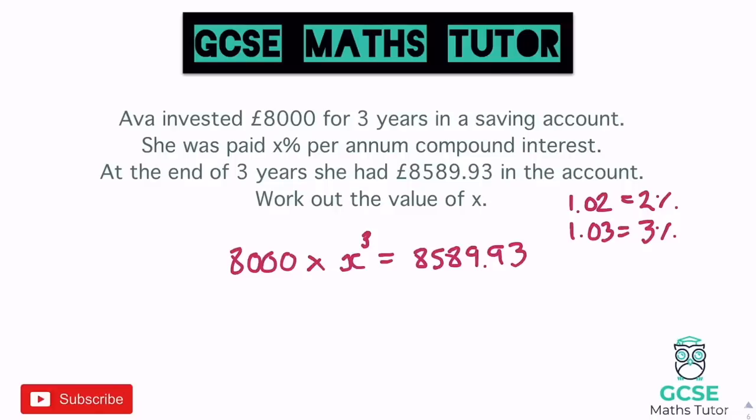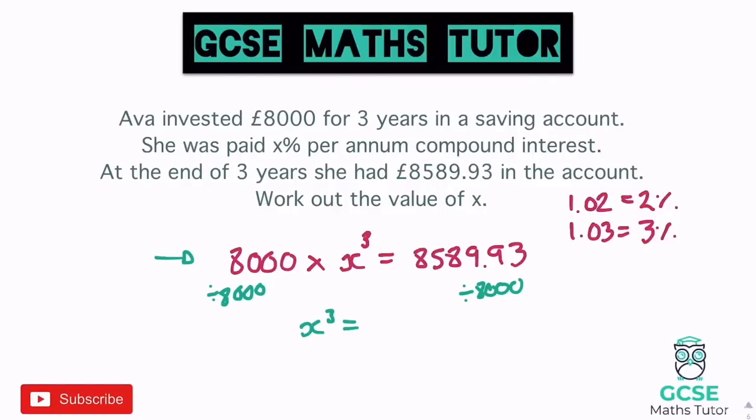But there's actually a simpler way of doing this, and it's just about rearranging this little equation that we've got written here. So if I want to have x cubed on its own, bearing in mind it's 8,000 times x cubed, I could divide both sides by 8,000. So if I divide both sides by 8,000, that'll give me x cubed on its own. So divide both sides by 8,000, and we get x cubed